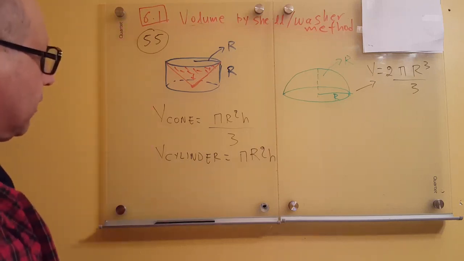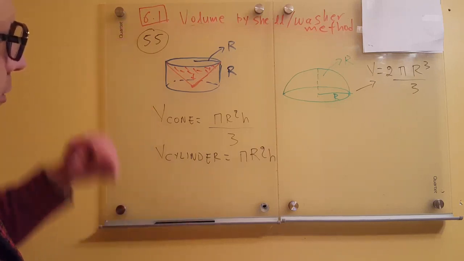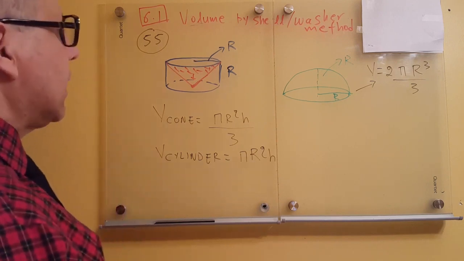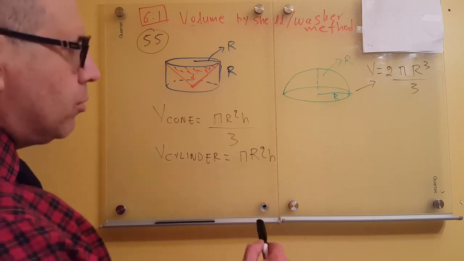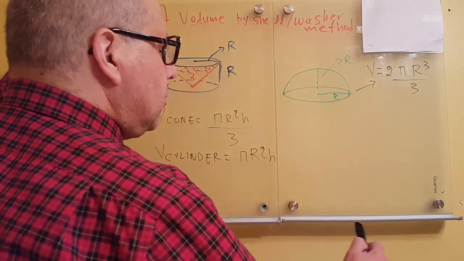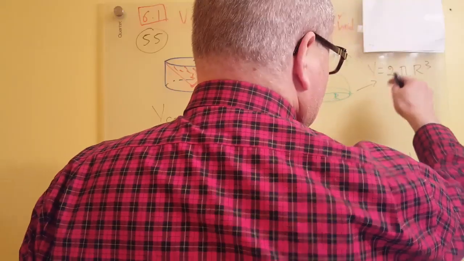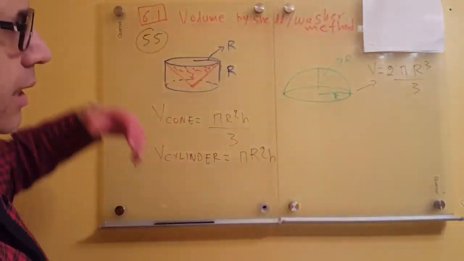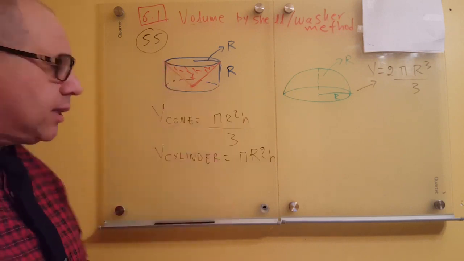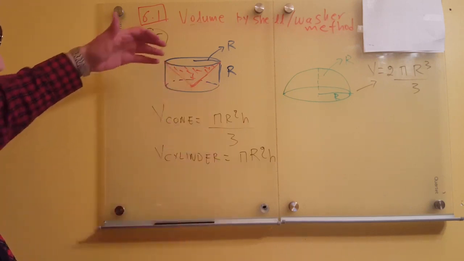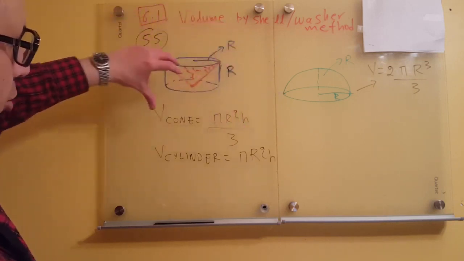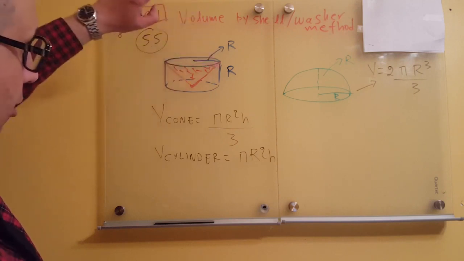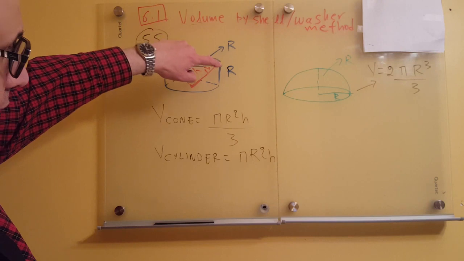Continue with problem 55. So, what do we have in problem 55? In problem 55, we have to prove that the volume of a hemisphere with radius r is equal to 2 pi r to the third over 3, and the way of proving it is to prove that this here is equal with the volume of a cylinder with radius r and height r